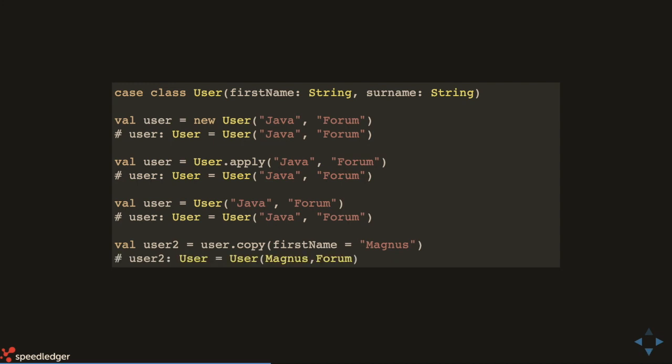Yes, Magnus. So it keeps all the properties that the case class had, and that goes if you have like a tree structure of classes as we had before, it's going to keep all of those and just update the one that you use copy for. And you can put several parameters in there if you like, and just set new values to them. And it doesn't affect the original object, but returns a new one, which is the whole point of the immutability. So that makes it so much easier to work with immutable objects, so that it's worthwhile.